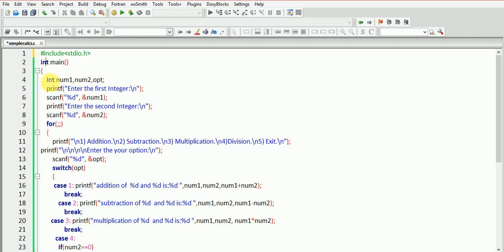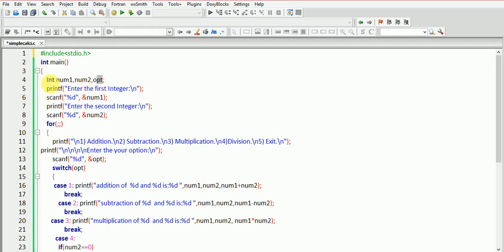Next we will be declaring the variables, that is declaration of variables will be done. In order to calculate we need two numbers, right? So number 1 and number 2 are the inputs which we are asking from the user. They are of type integer, means the user can enter only numbers of int type, and this opt is nothing but an option for the user where the user can choose whether he wants to perform addition operation, multiplication operation, subtraction operation or division operation.